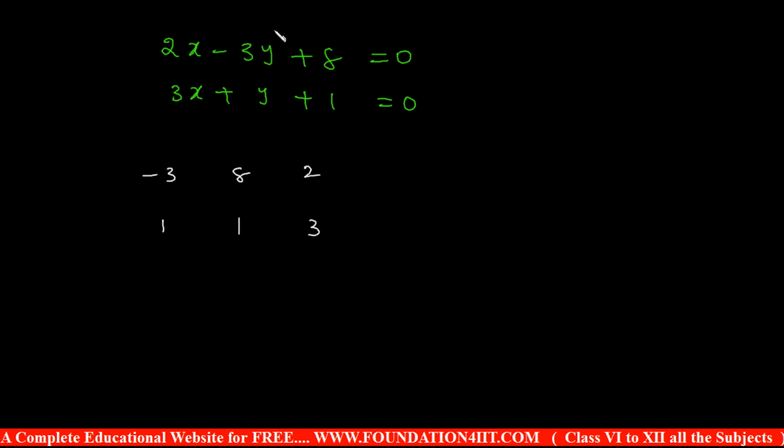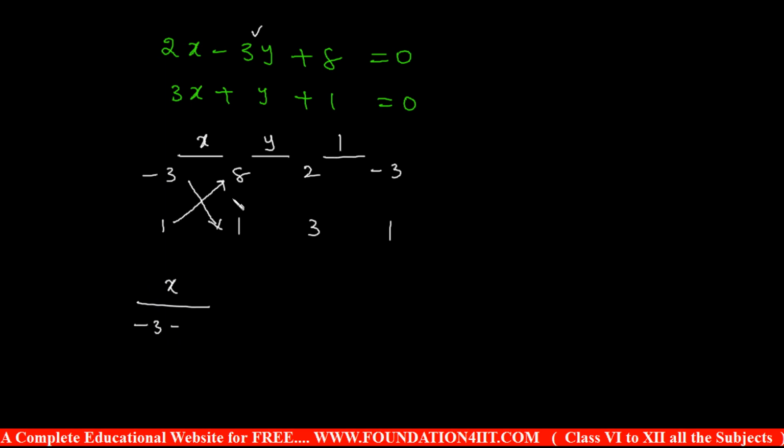So remember, first we should start with the y coefficients, followed by the constants, again x coefficients, and in the fourth place again repeat the y coefficients, minus 3 and 1. Whatever you wrote, the same you write again. Okay, first y, constants, x coefficients, again y coefficients. Above you can keep the letters x, y, 1, so x by, y by, 1 by, you can write in these gaps. Now x divided by, here is a cross multiplication. So this into this and this into this. x by minus 3 into 1.